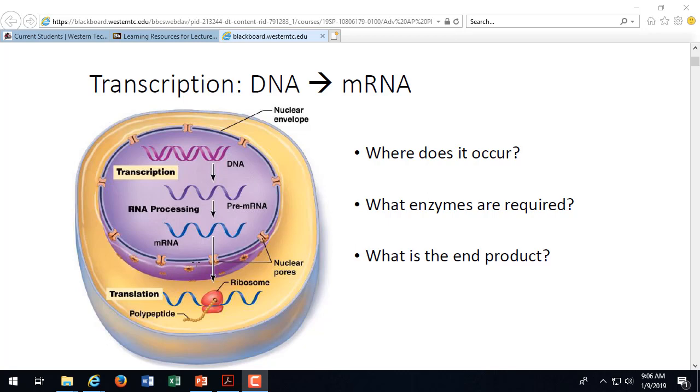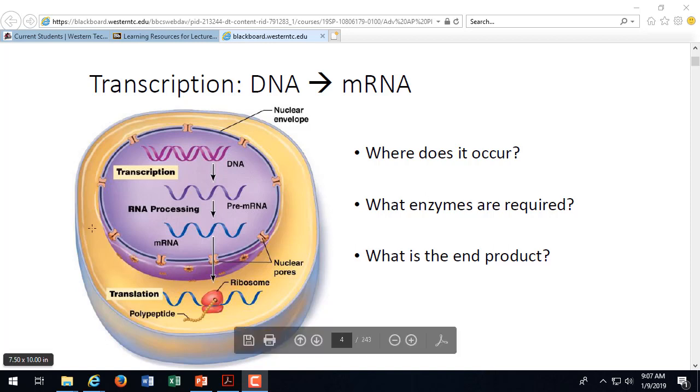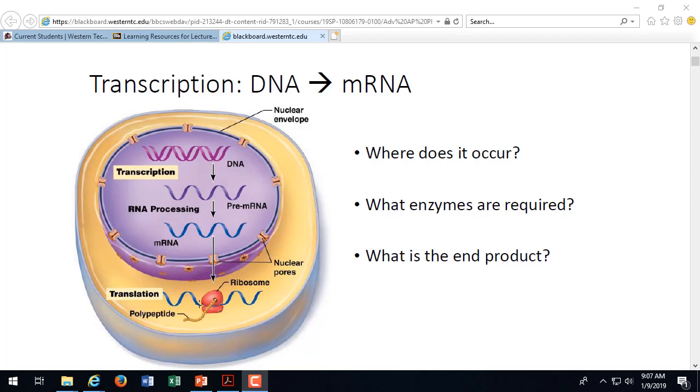So then we can see here in the diagram that messenger RNA, follow the arrows, leaves through the nuclear pore, goes out to the cytoplasm and hooks up with the ribosome. So you can see the blue strand of messenger RNA that's attached to the ribosome, and that's where protein synthesis occurs. So the process of taking that messenger RNA and linking amino acids to make a protein is called, according to the diagram,